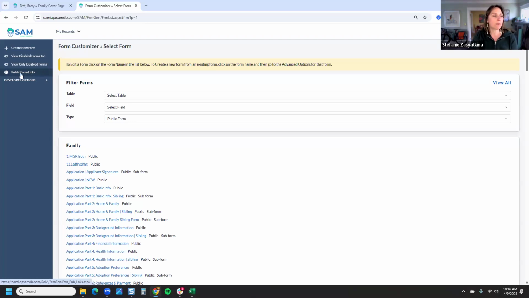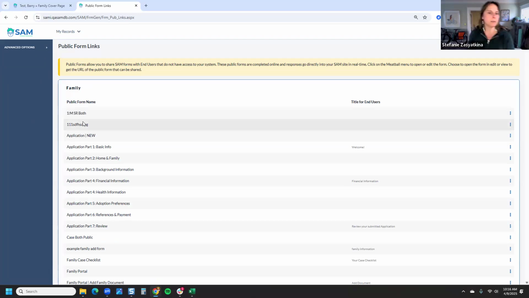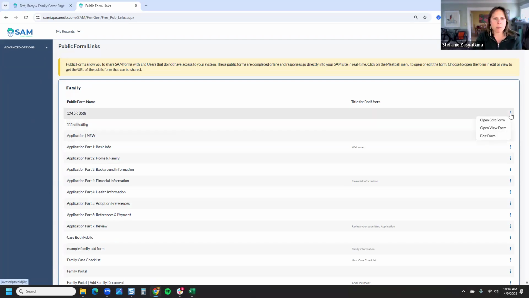There's also public form links on the sidebar. This is looking the same, like the same list to me, just off the bat. I'm seeing both of these guys here, that these are subforms as well. It's just two views that are slightly different. And in the coming months, we're going to be consolidating to a single view as easily as we can. So our goal on this link here, you've got a meatball menu where you can open the form or you can edit in Form Customizer,